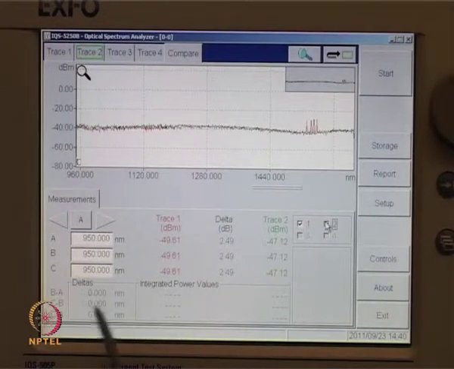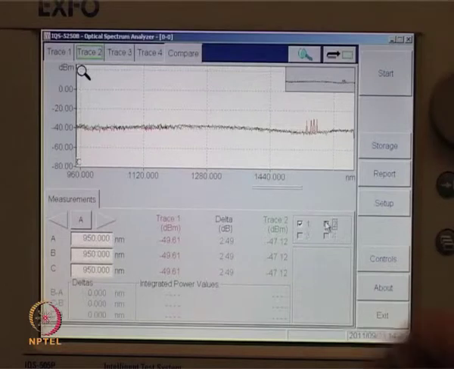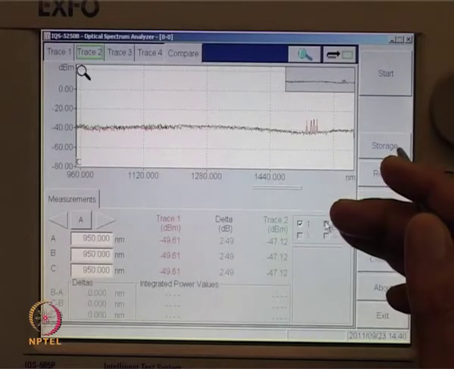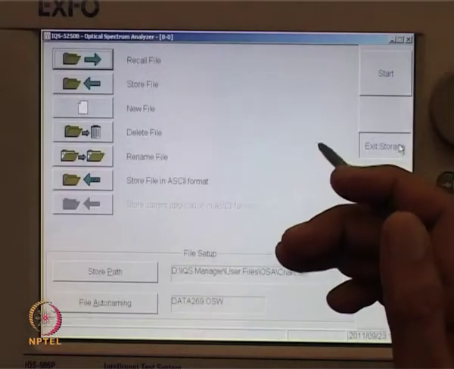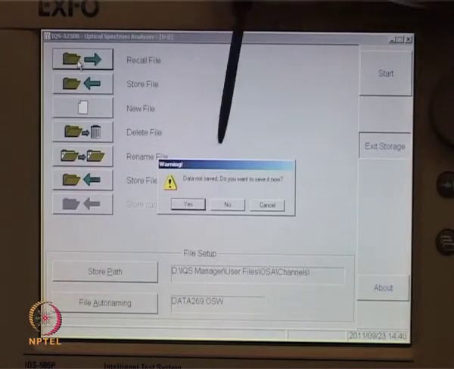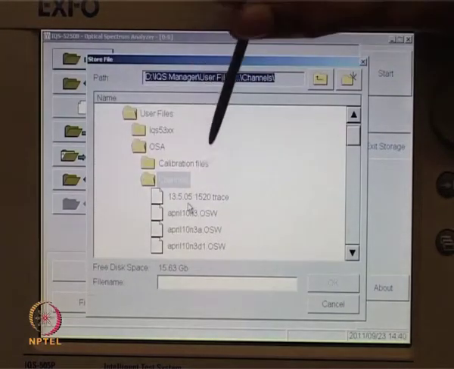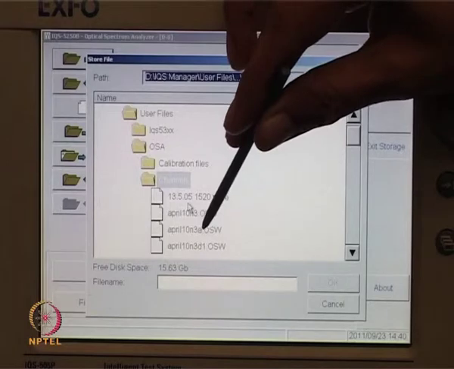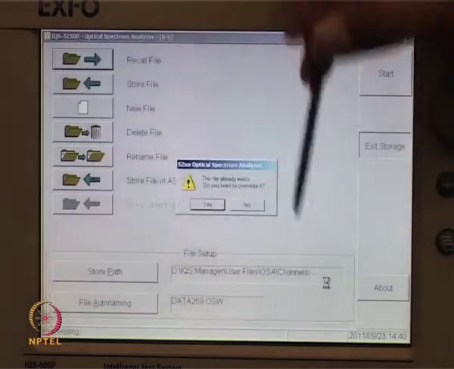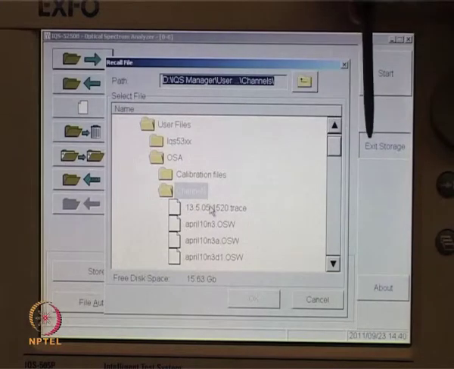ABC markers can again be used to mark particular positions on a signal on the x-axis or y-axis. I can recall the signals which are already stored in a previous experiment on trace 2, trace 3, trace 4. As an example, here I am recalling a signal which has already been stored in my previous experiment.